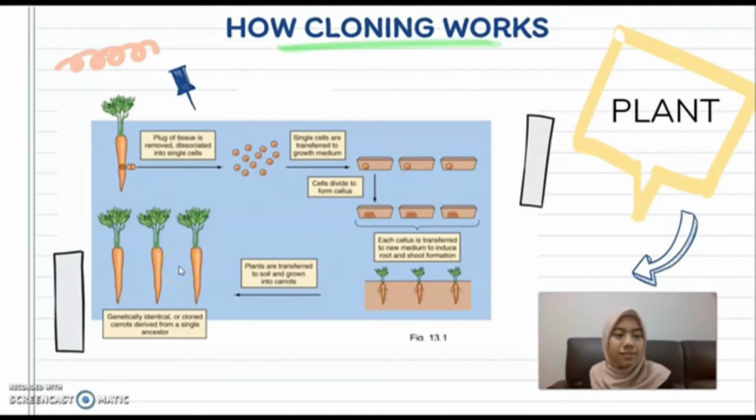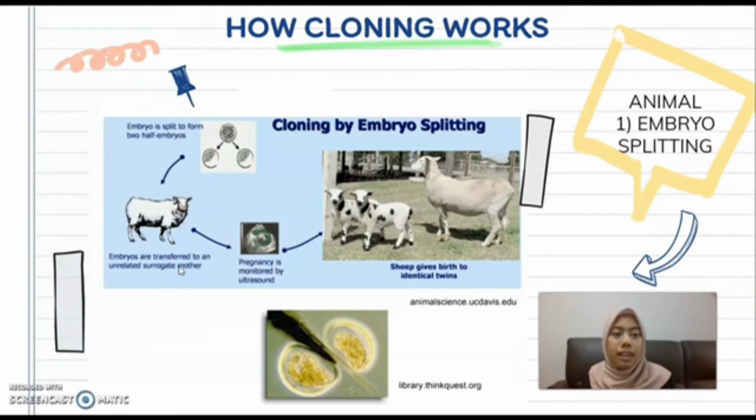become carrots. Next, animal. Animal have to process. It can be embryo splitting. Embryo splitting is actually natural cloning. You see here? Actually,